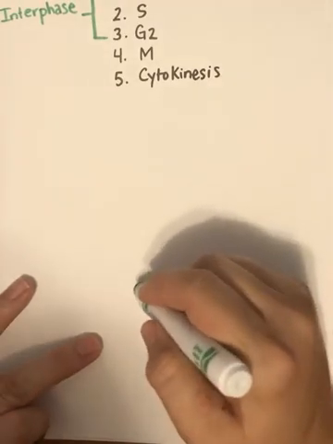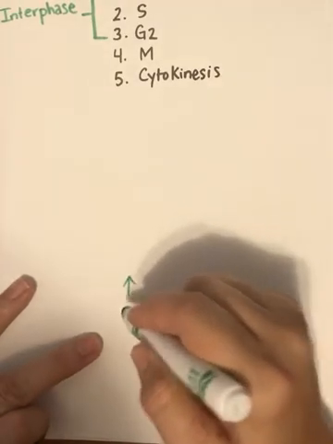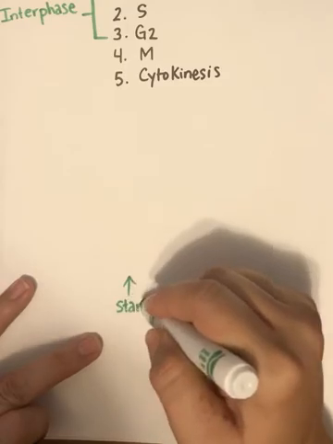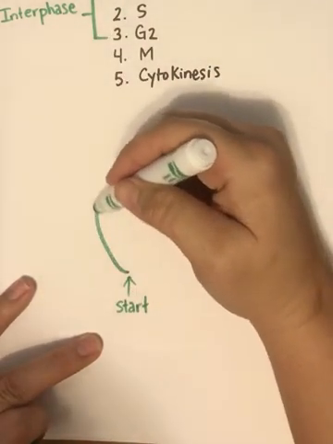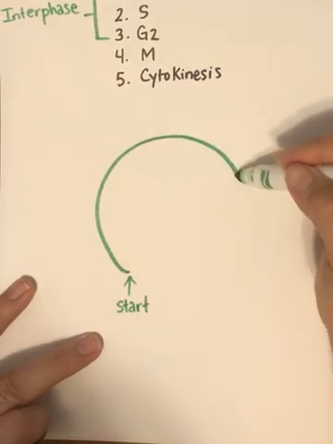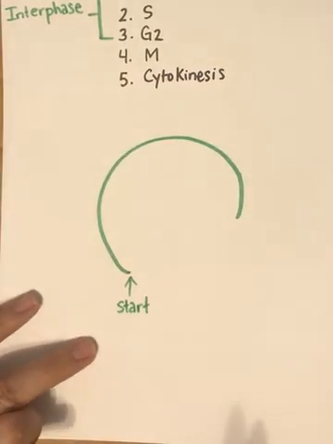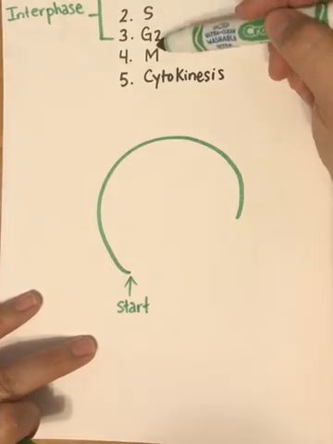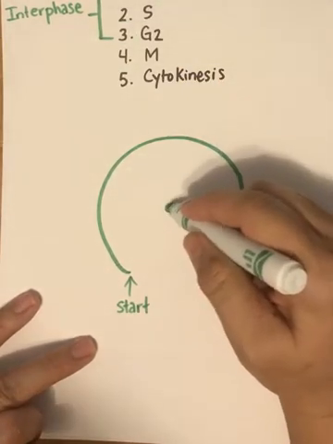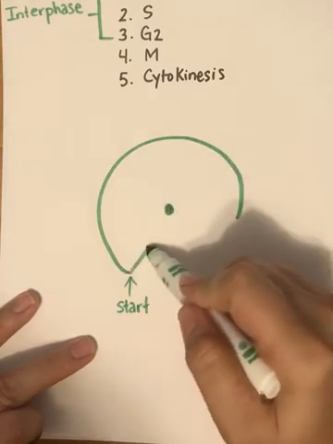So if you say that the cell cycle starts, it's a cycle, which means it's going to go in a circle. It starts here. Most of your cell life is going to fall within interphase. So this is going to be broken down into 3 phases. So interphase